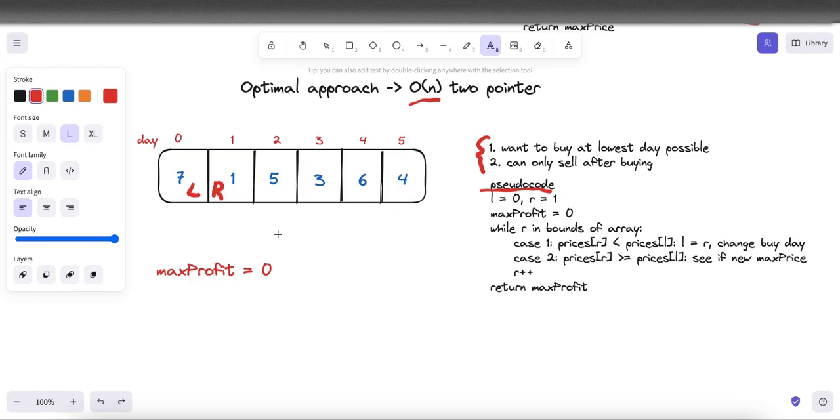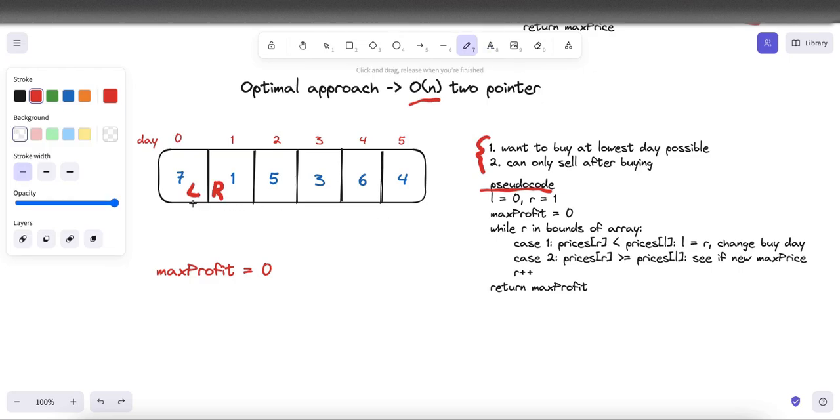And we run our while loop until the right pointer reaches the end of the array. Each time we compare the price at the L pointer to the price at the R pointer. In our first iteration, the price at R is smaller than the price at left. Therefore, what we want to do, because we are in case 1, is actually move our left pointer to where